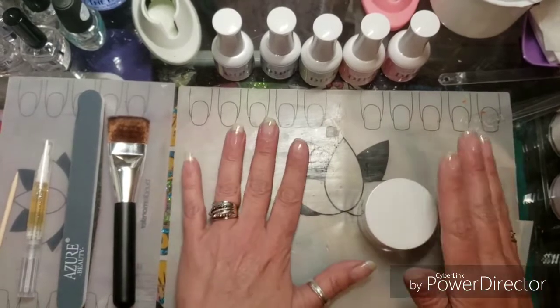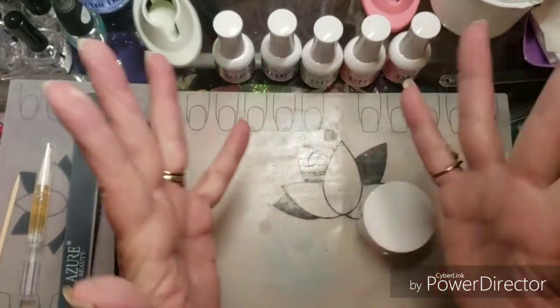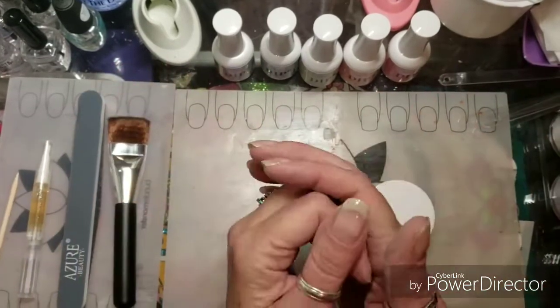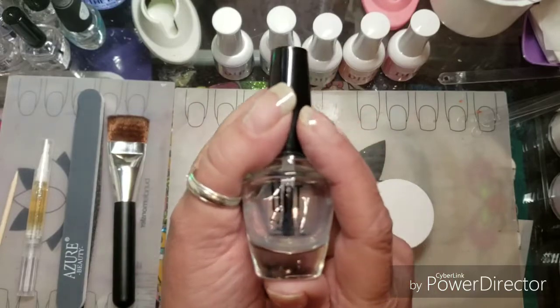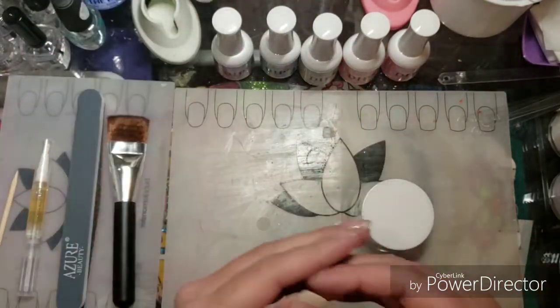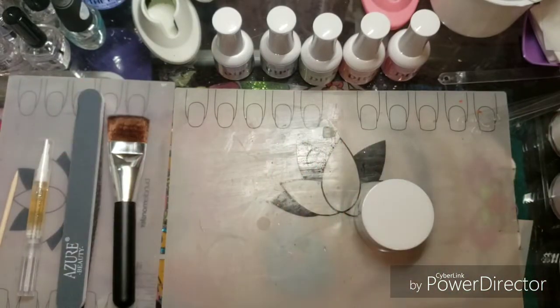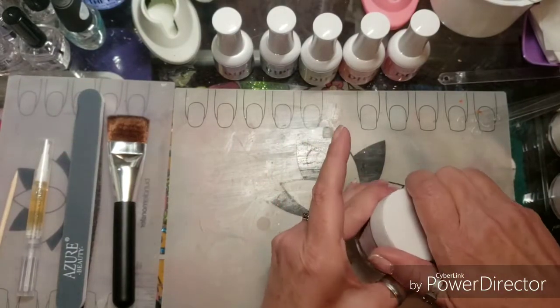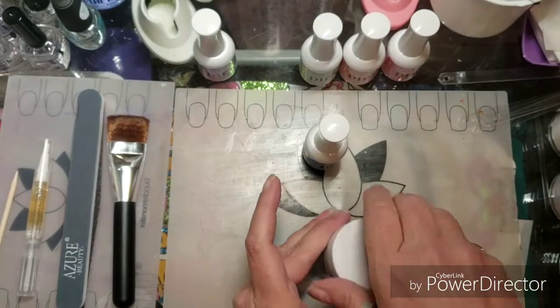So on this system, on any dip system, if I want to change it in a few days, which I may want to, I am using a peel-off base coat. So when the time comes, I can just stick my hands in hot water and usually just pop these right off. It works. Okay, so I've already used the Bond, and we're going to use the...